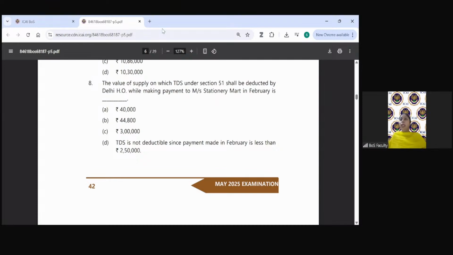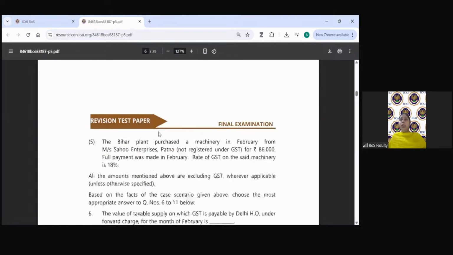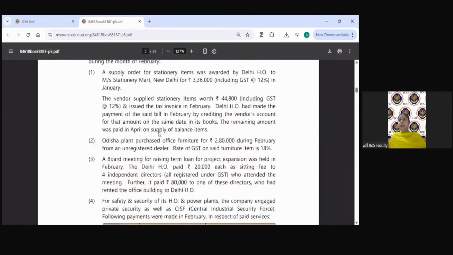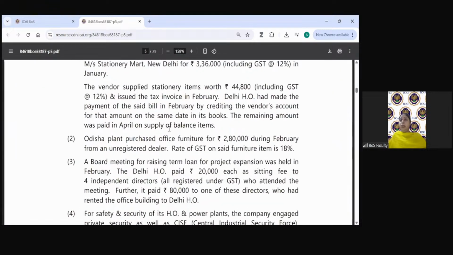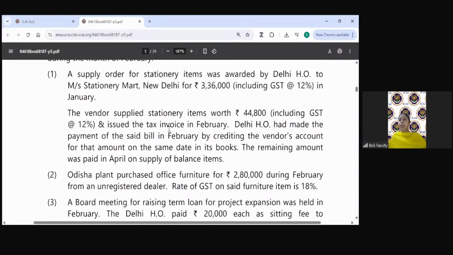So I'm waiting for your answers. Keep in mind all the provisions of TDS. The threshold limit for deducting TDS should also be known to you. I'm zooming it in because this is the piece of information which is relevant for answering this particular question. Point number one. In fact, if any other point is required, you can see that. And you can tell me if you want to see any other information also.